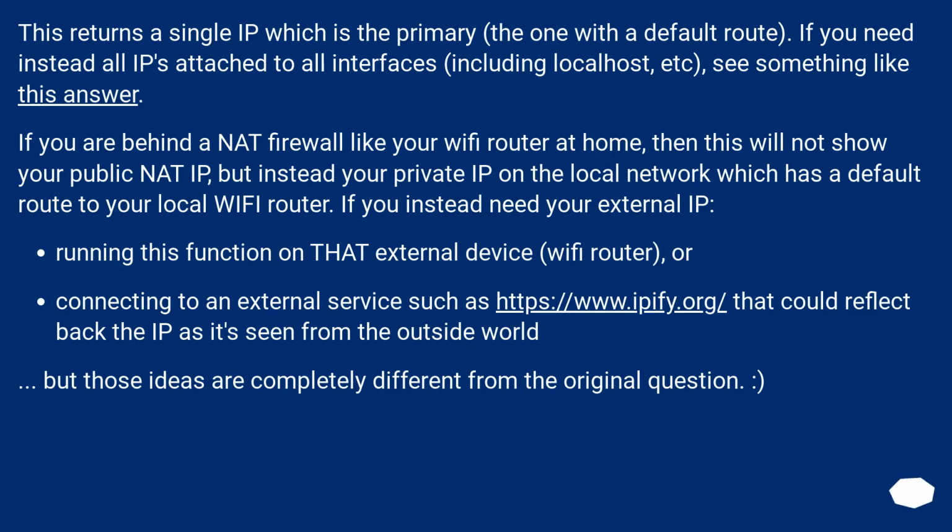This returns a single IP, which is the primary, the one with the default route. If you need instead all IPs attached to all interfaces, including localhost, etc., see something like this answer. If you are behind a NAT firewall like your Wi-Fi router at home, then this will not show your public NAT IP, but instead your private IP on the local network, which has a default route to your local Wi-Fi